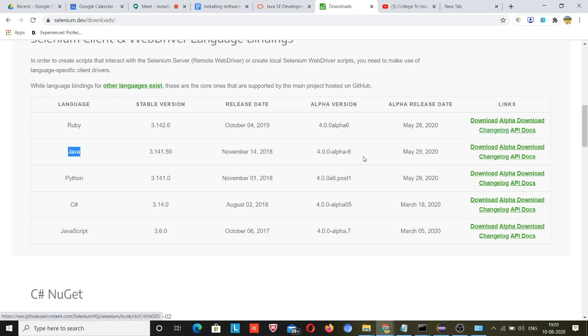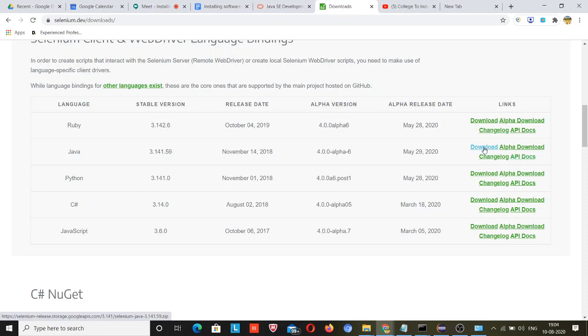But first, you should have everything in your system, so just go and download it, and click on this download link only. Don't click on the alpha download. The stable version will be in the download, and everything that is going to be created in the future is in the alpha download.